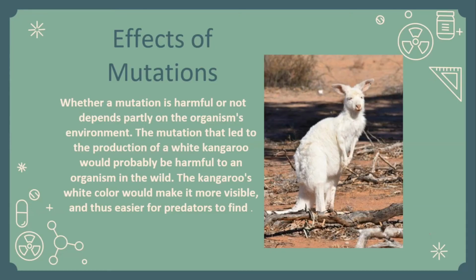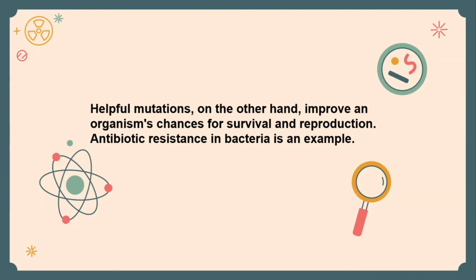Effects of mutations. Whether a mutation is harmful or not depends partly on the organism's environment. The mutation that led to the production of a white kangaroo would probably be harmful to an organism in the wild. The kangaroo's white color would make it more visible, and thus easier for predators to find. Helpful mutations, on the other hand, improve an organism's chances for survival and reproduction. Antibiotic resistance in